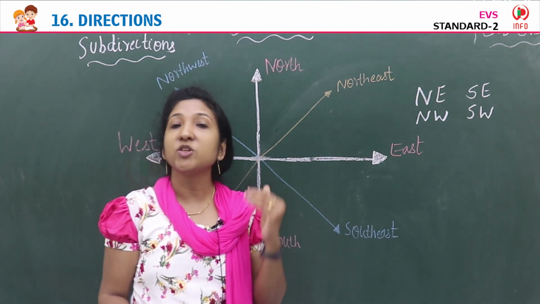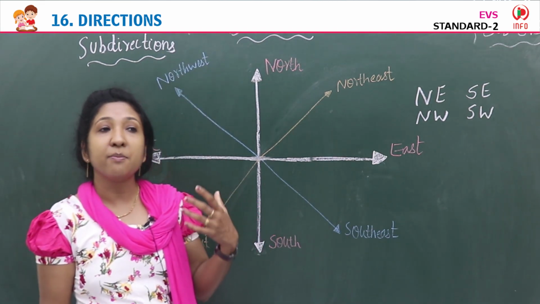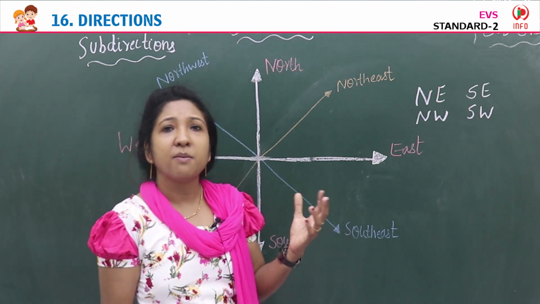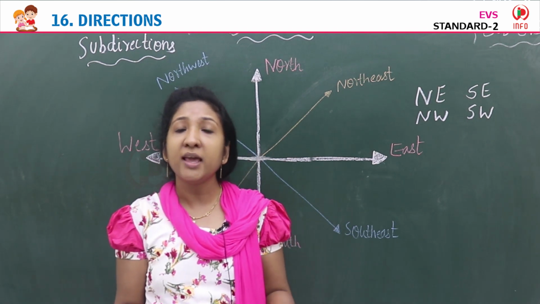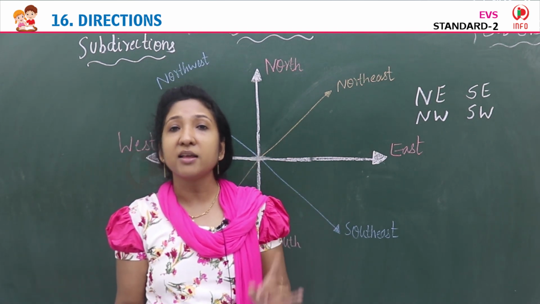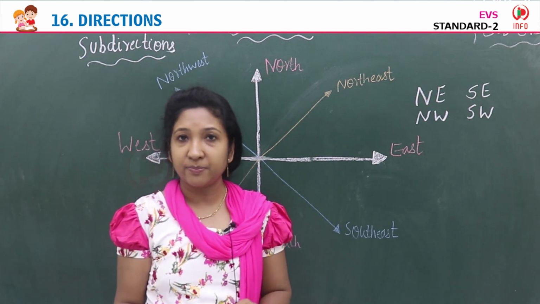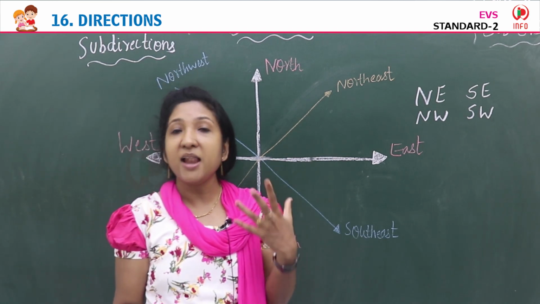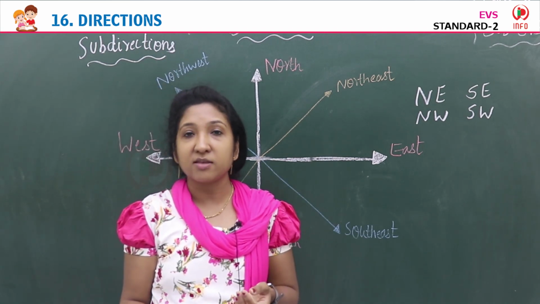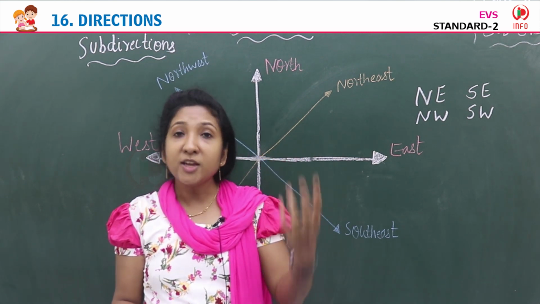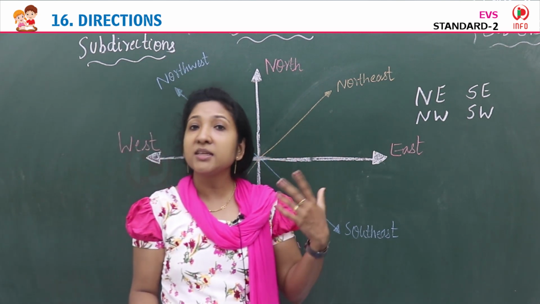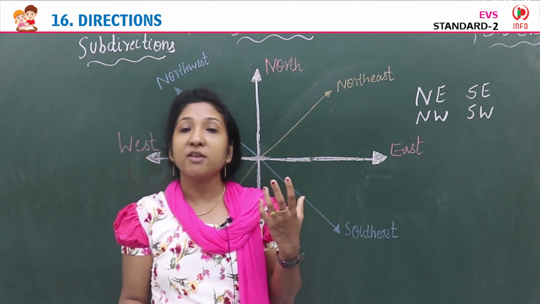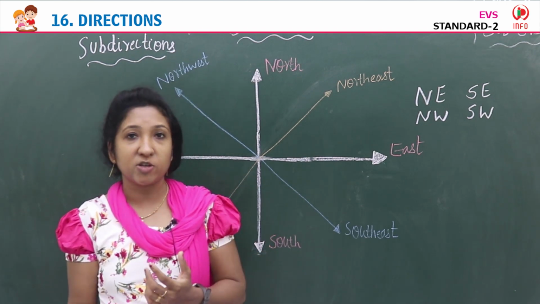So we are learning about directions, and there are many directions around us, like left, right, straight, back, front. These are all directions, but the 4 main directions are north, south, east and west. Yes, the sun rises in the east and sets in the west. The sun helps us in finding the directions. If we know east and west, then it is easy for us to find the other 2 directions, north and south. And the 4 main directions never change.